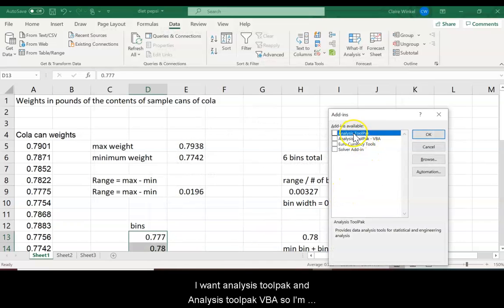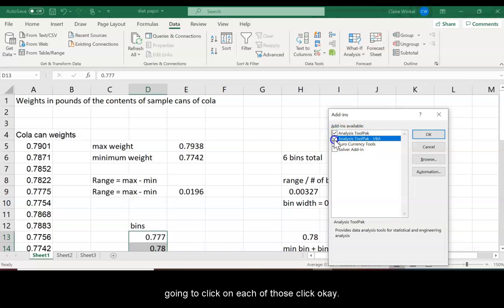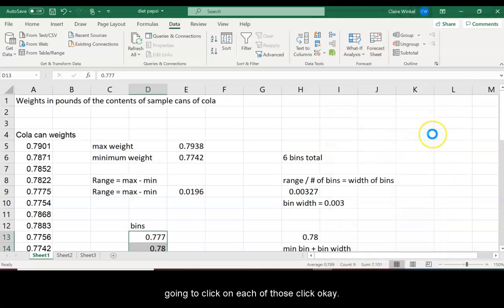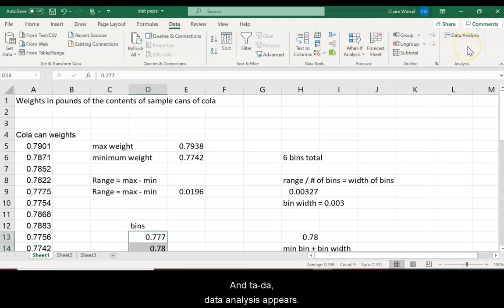I want Analysis Toolpack and Analysis Toolpack VBA, so I'm going to click on each of those, click OK, and ta-da! Data analysis appears. It should be similar for most of you, no matter which version of Excel you have. If you have a MacBook, it might be slightly different, but it should be the same general idea. Now that data analysis is here in the data ribbon, I can click on it,